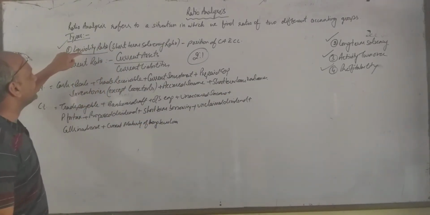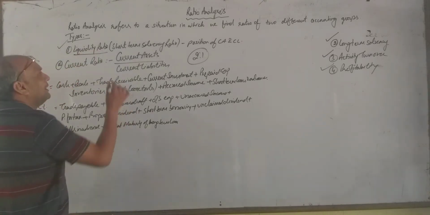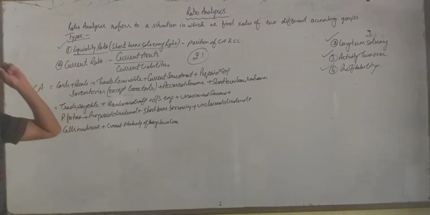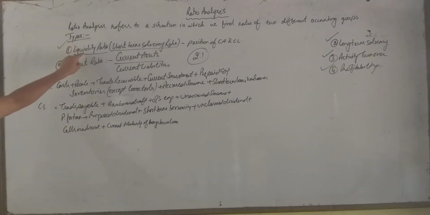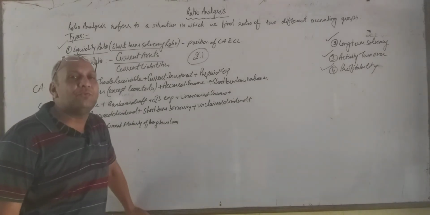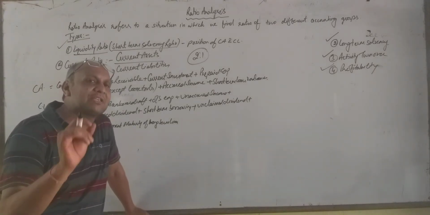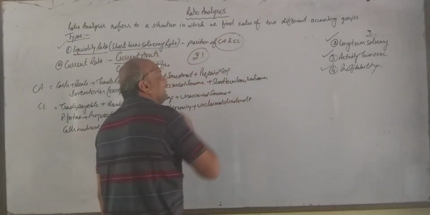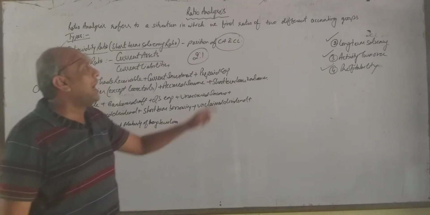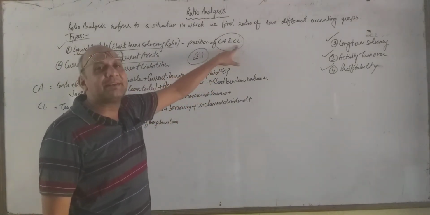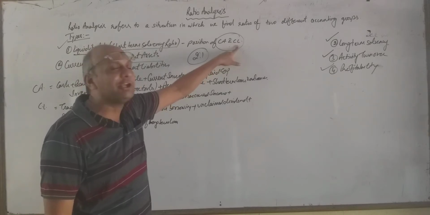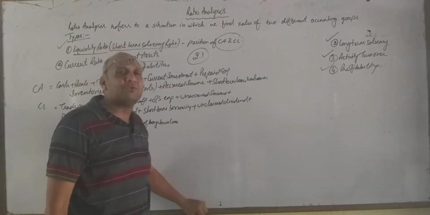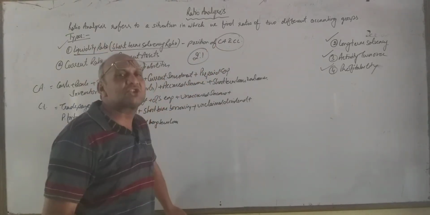So today we are going to discuss liquidity ratio. The alternate name of liquidity ratio is short-term solvency ratio. This ratio tells us about the liquidity of the company, how much we are liquid. What is the meaning of how much are we liquid? It means what is the position of our current assets and current liabilities. Are we able to pay all our current liabilities within the stipulated period or not? And even after paying all the current liabilities, do we have some current assets to run our business smoothly?